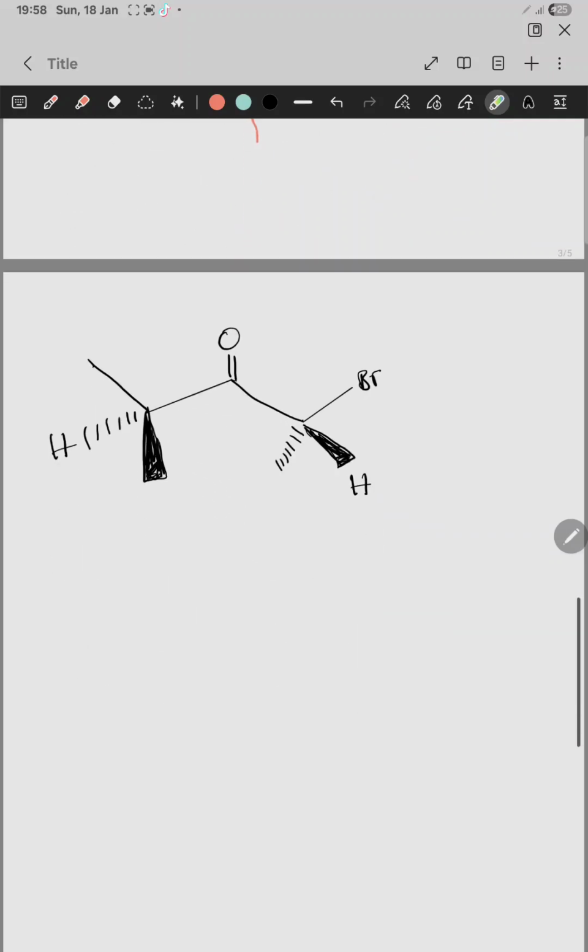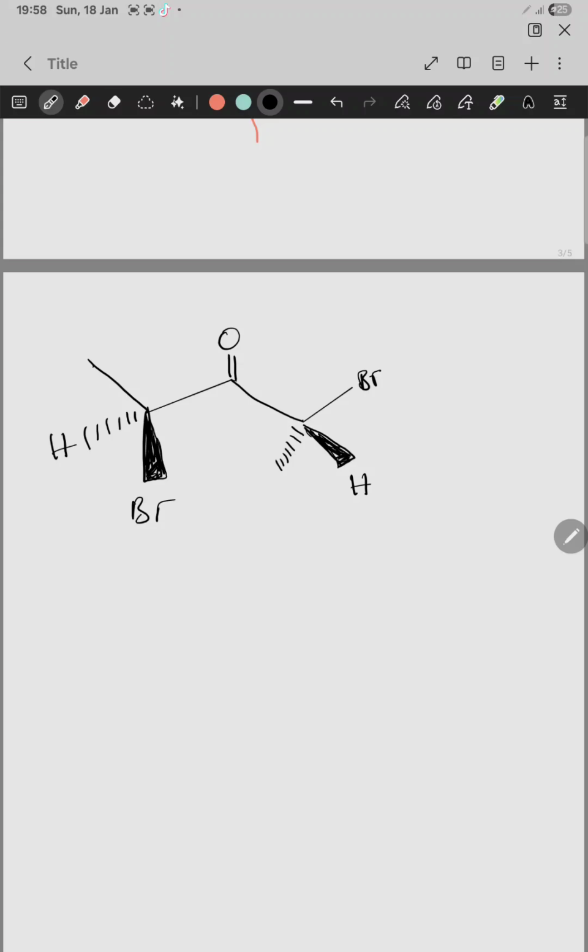All right, let's have this one. Now, when you look at this example here, you are going to realize that, let me even put another one there so that you can see. Let me put a Br here so that you can see. Now, if you look at this compound, you can simply say that it is a meso compound, but